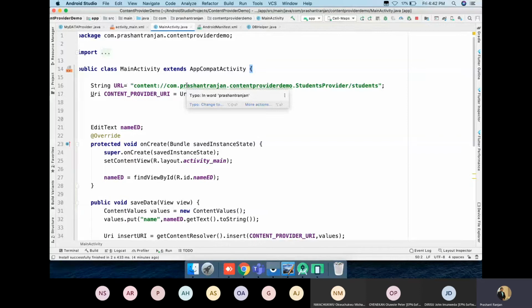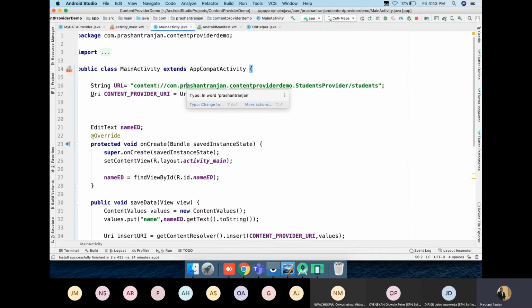So I hope it is working. There is one exercise related to that. This is an exercise which you can do. You can create a new project, and in that project, try to store the data and retrieve the data from there. Let's see whether it works or not. If it works, our job of content provider is completed. You have to complete that over the weekend.